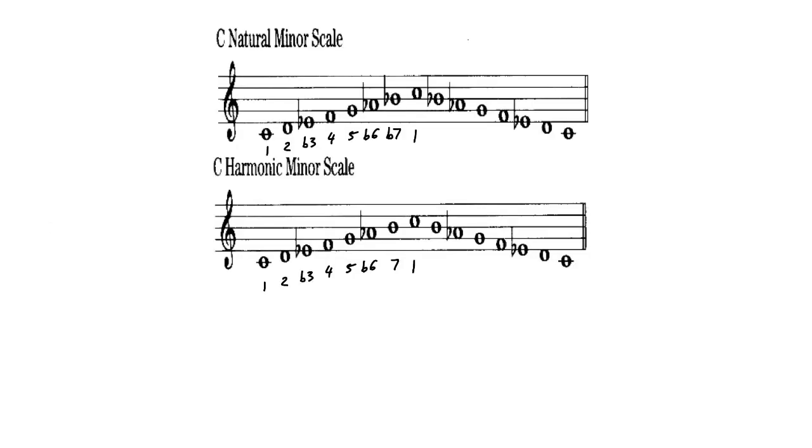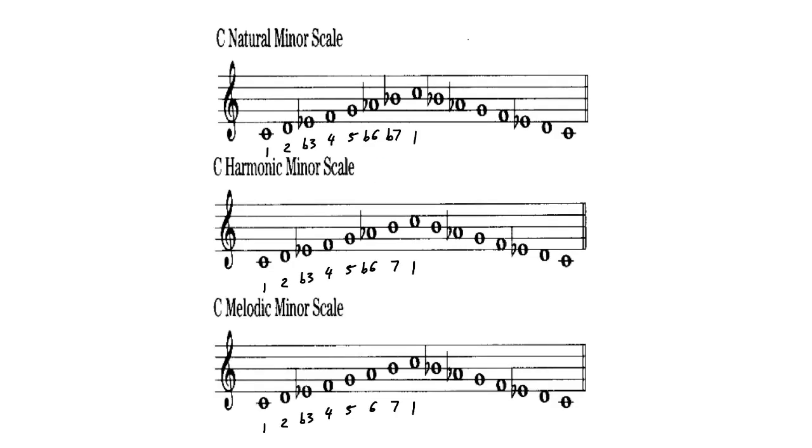To solve any problems that arise from this, there's a harmonic minor scale that raises the 7th scale degree back up to create this half step. However, the harmonic minor scale now has a large leap from the 6th to the 7th. Because of this, there's a 3rd minor scale, the melodic minor scale, which raises both the 6th and 7th scale